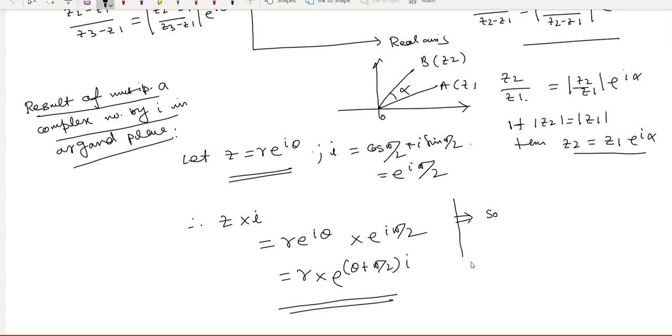When a complex number is multiplied by I, it is rotated by pi by 2. Okay, this complex number will be rotated by